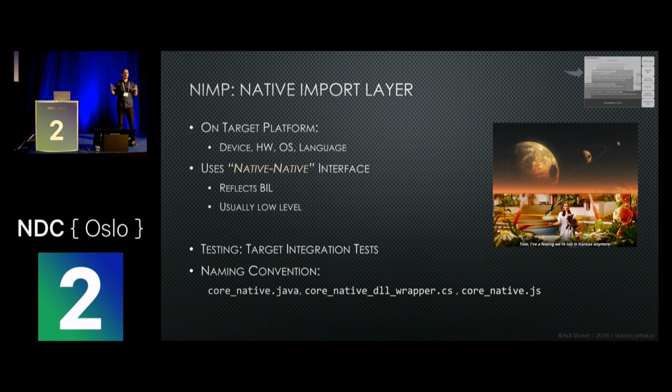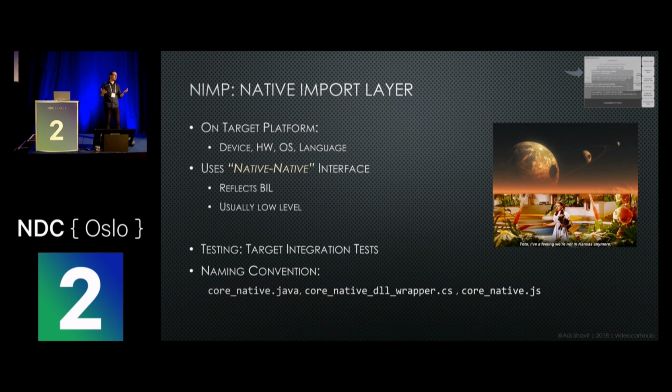So at this point, we can't use our C++ foo anymore. We have to think about the native language of that particular platform. And to think about what I ironically call the native interface, because the word native is very often used in two completely opposite meanings. If you think of the browser, then JavaScript is the native browser language, and if you think of iOS, then maybe Objective-C or Swift are the native languages, and Java is the native Android language. But each of these languages, when they try to call a DLL function, they call it through what I call the native interface. So at this layer, we're going to use the native interface, which means the interface on that particular platform that allows us to interact with our